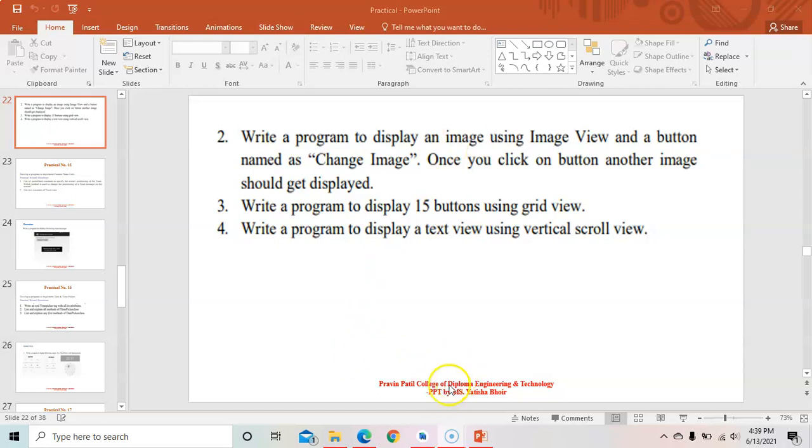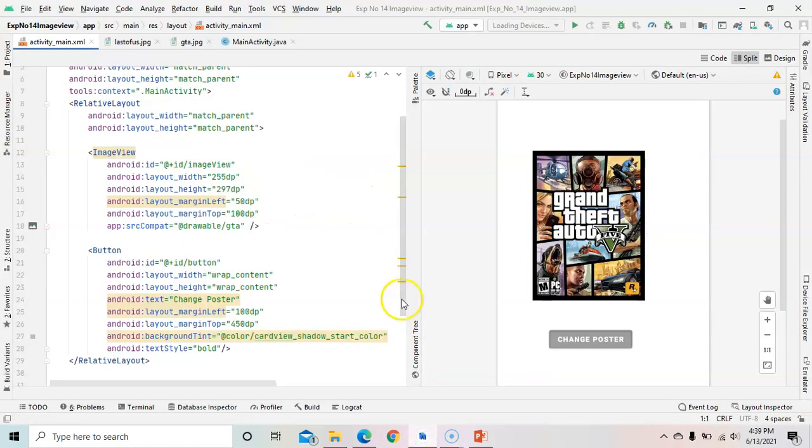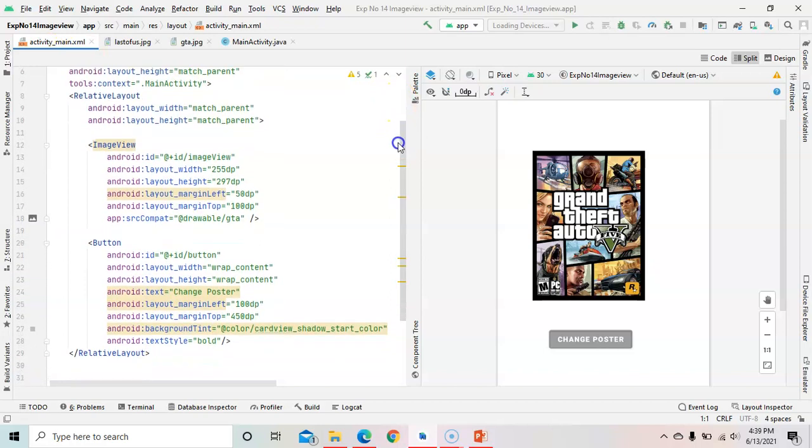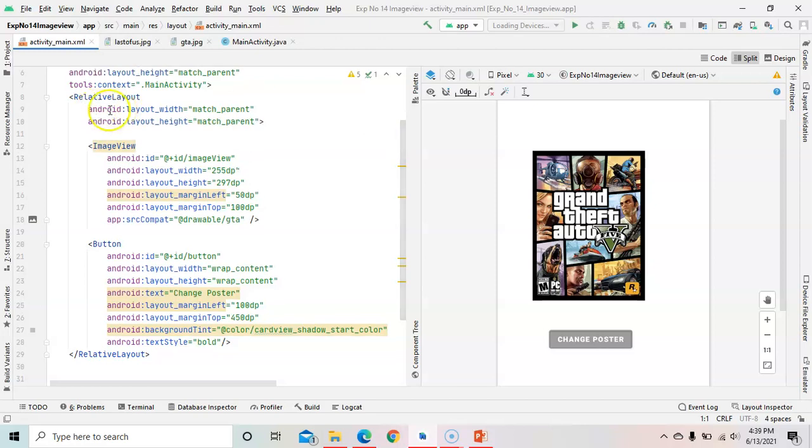Now, start a new project, and in the activity_main.xml file, we need to design an image view and a button. In the relative layout, I have taken an image view. We need to go to the palette and take an image view from there.